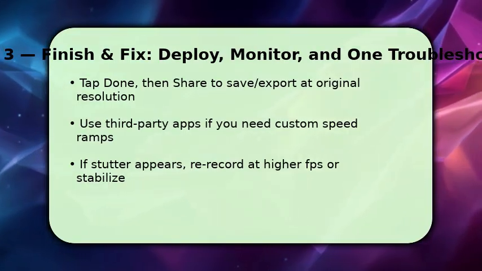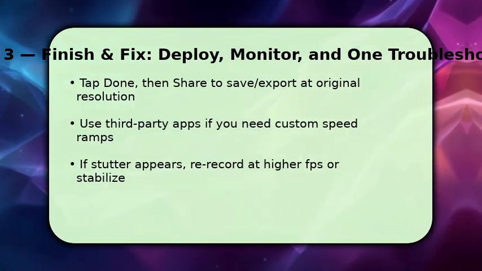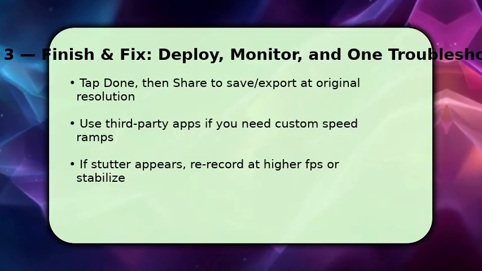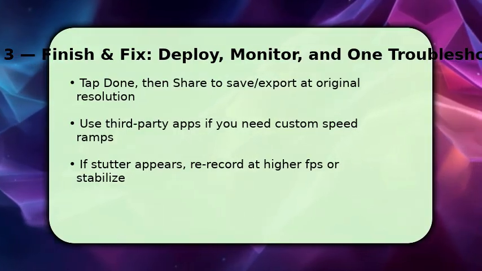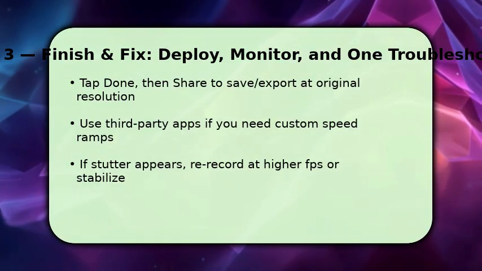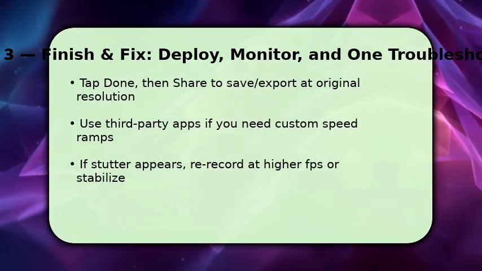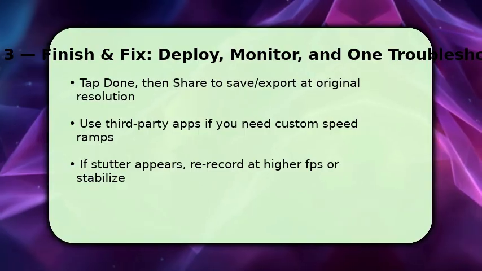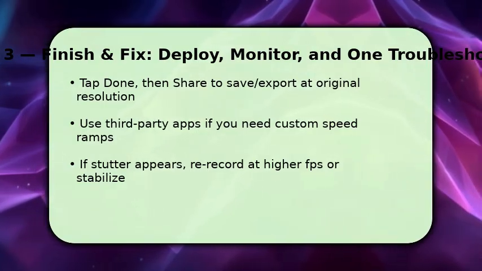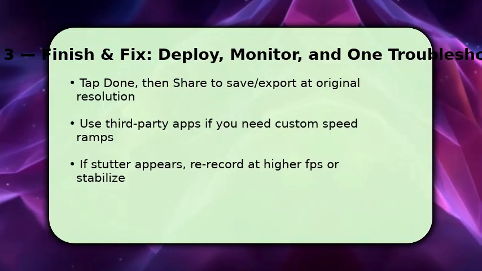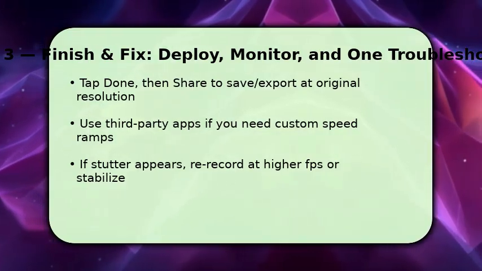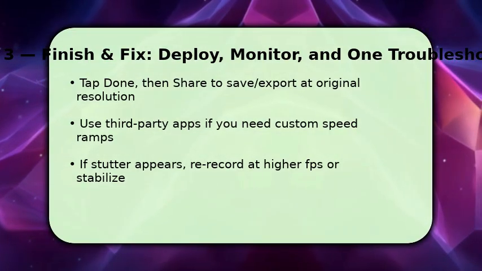If you need ramped speeds beyond Photos, import into a third-party editor for precise speed curves and frame blending. Make sure to use stabilization options if the clip is shaky. That reduces perceived stutter. If you still see stutter, record again at 240 FPS or slow less aggressively. Higher FPS gives smoother slow motion because there are